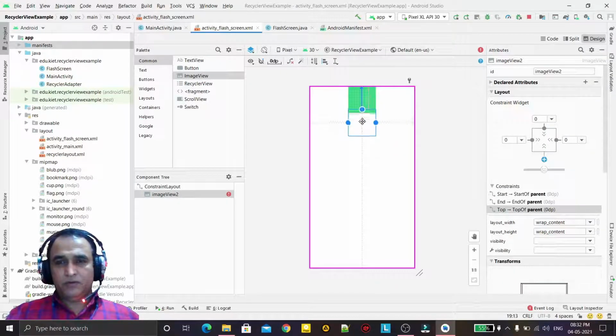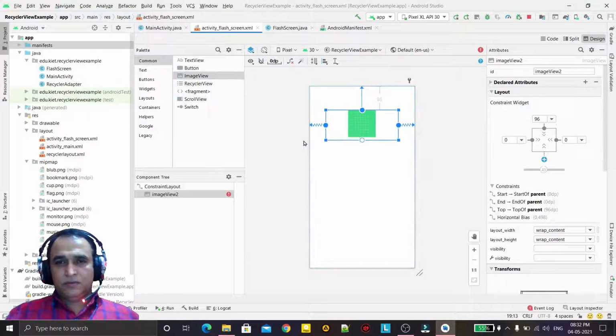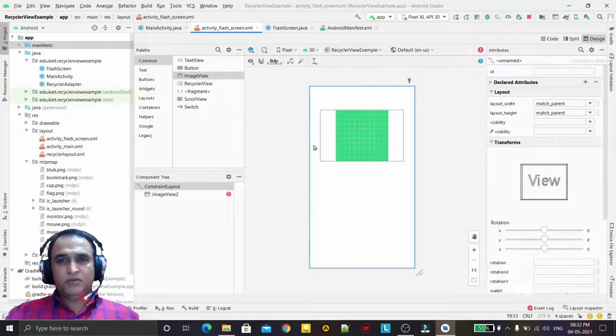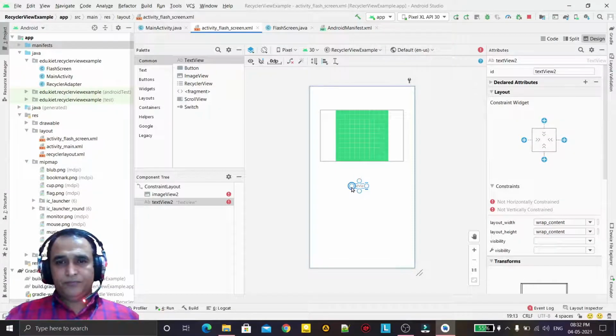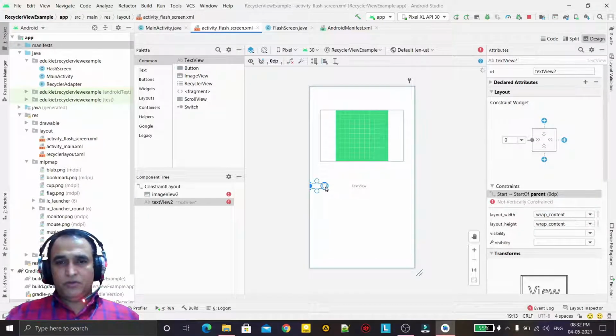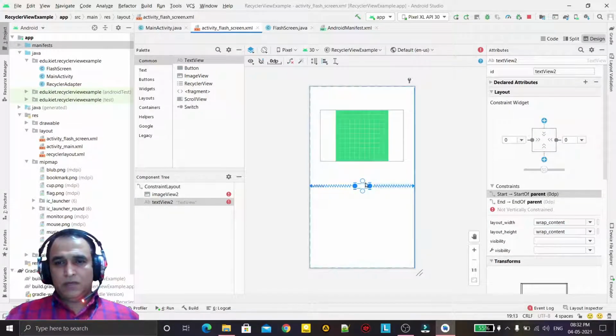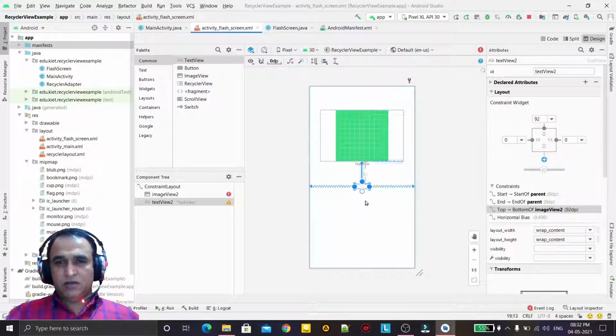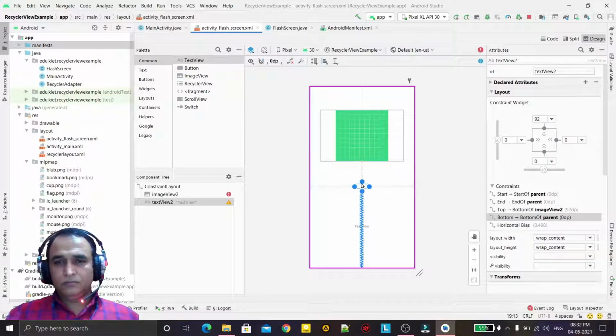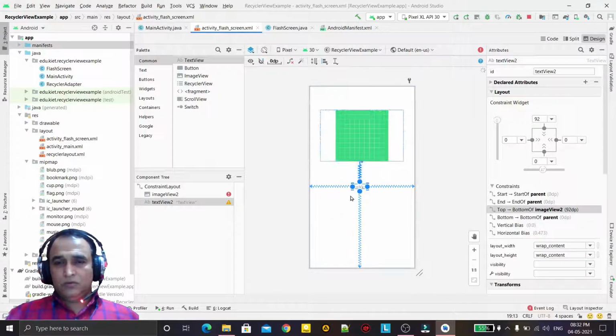Just give the size to this image and put the text also here, and give the position like this, because it's a constraint layout, and fix it also. So we can design it like this.